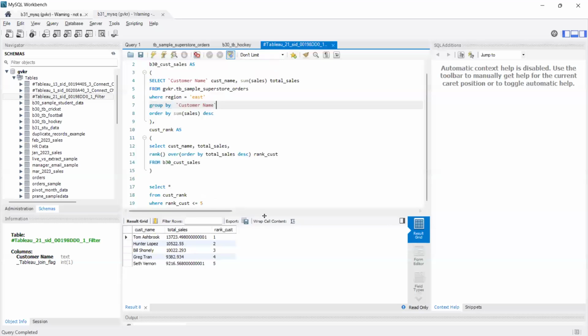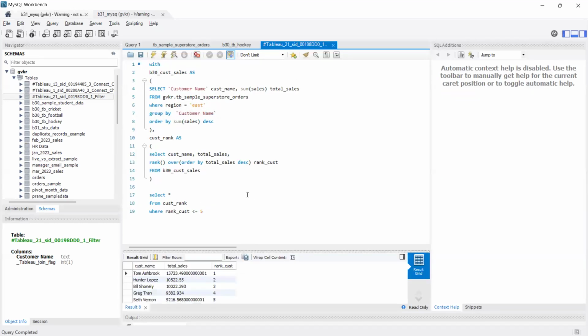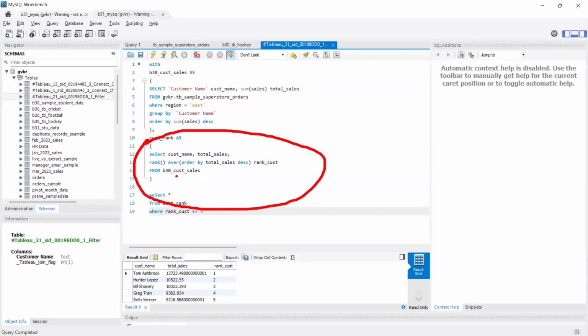But this is the thing we have to practice here. These common table expressions are very important in real time, maybe in the interviews also. If you are able to answer these common table expressions right, then we are okay. We are good actually. So in this common table expression two here,